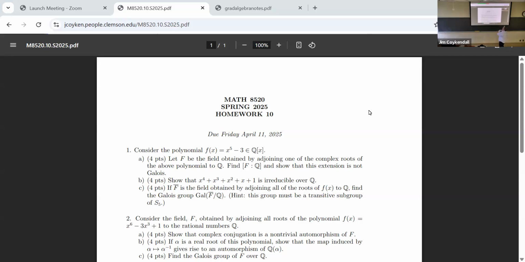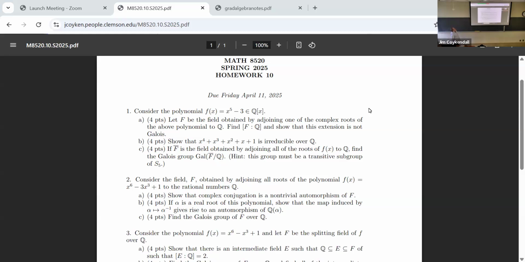C, if f bar is the field obtained by adjoining all the roots of f over Q, find the Galois group of f over Q. And reminder, this has to be a transitive subgroup of S5. So that will help you out. Number 2,